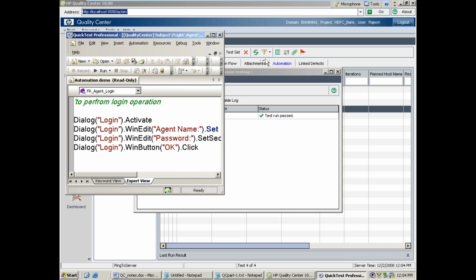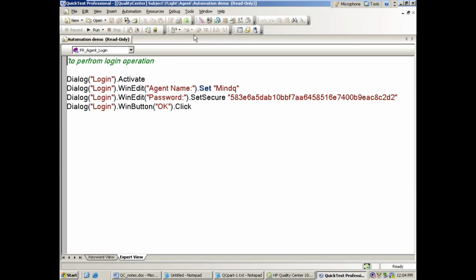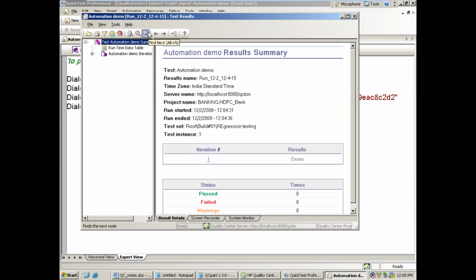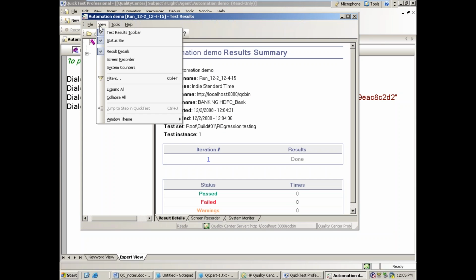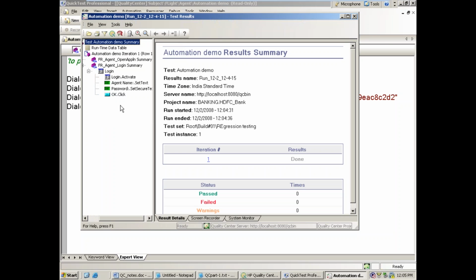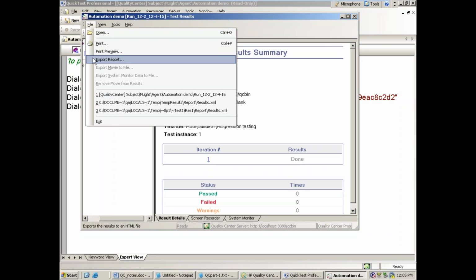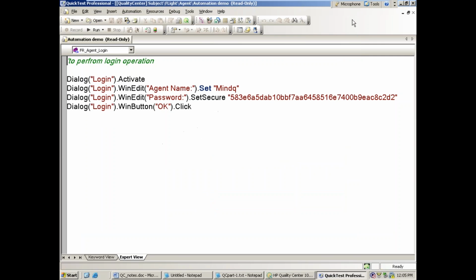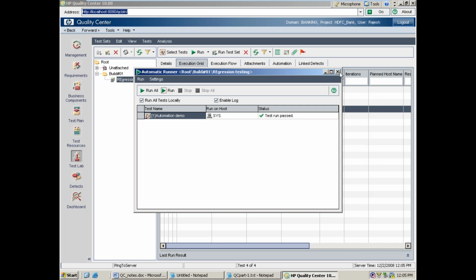Once execution is completed, what is missing in Selenium, we get in QTP: the result. There we have the result only in the console in Eclipse. We can't save that one. Here is the given result. Every step is provided in more detail for us. And if you want to go for export report, you can save it. So if you want to maintain it in our Quality Center, observe that when I go for close,